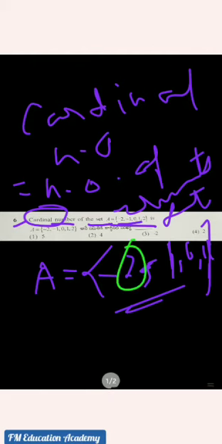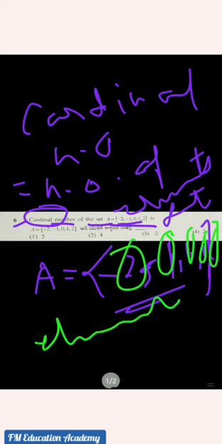Minus 2 is one element. Okay, minus 1 is another element. 0 is another element, 1 is another element, and 2 is another element. So how many elements are there? There are 5 elements, and we know number of elements is equal to cardinal number. So what is the cardinal number? 5, which is option 1. So cardinal number of the set A is 5. Moving on to seventh question.